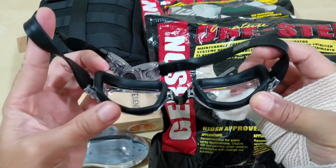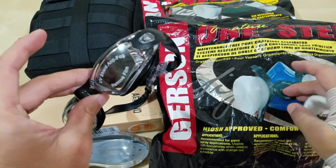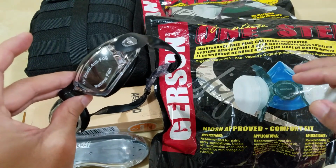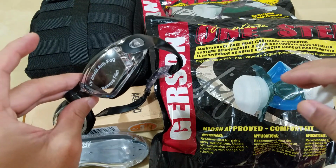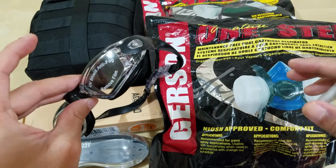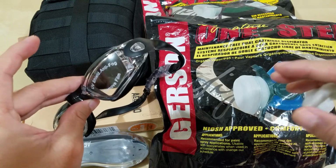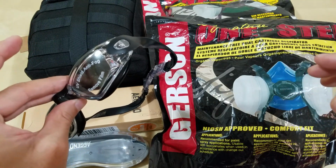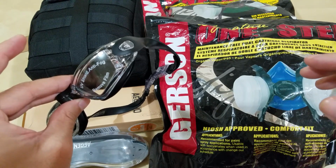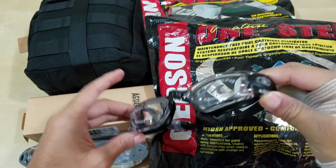The reason I prefer these is that if I'm going to go out and there's a potential of quarantine, and let's say your city is quarantined, because I'm looking at Italy, I'm looking at China, and at what other countries are doing and how people are reacting. The last thing you want is to be outside when there's a quarantine, but you have no choice but to go outside to get food, supplies, and stuff like that. So if you're going to be outside,